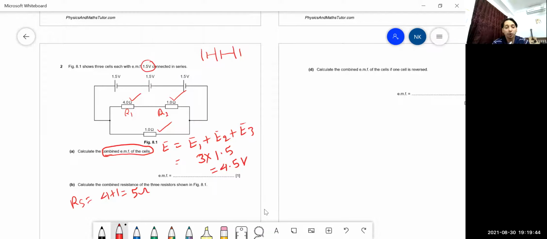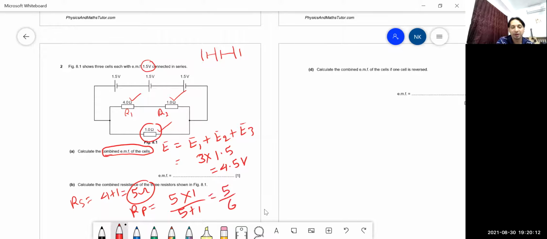Now the students who are genius, whose brain works sharply, can do these questions very fast. How? After finding the resistance in series of R1 and R2, you have to find the equivalent resistance of the entire diagram. So this 5 ohm resistance is in parallel with the 1 ohm resistance, and if it is in parallel, then we have the equation 5 into 1 over 5 plus 1, that is equal to 5 divided by 6, and you can divide it by yourself, that is in ohm.